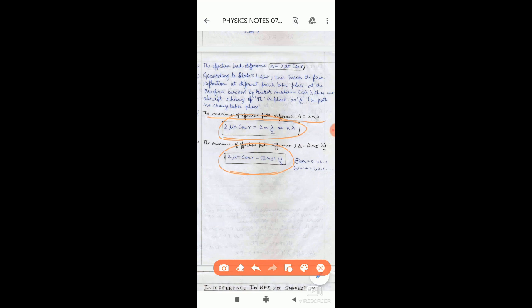Here we have discussed interference by division of amplitude using a thin film. We have got the interference using reflected light and transmitted light. In both cases, both are complementary to each other. Means the maxima in reflected light would be minima in transmitted light, and the minima in reflected light would be maxima in transmitted light. So reflected light and transmitted light in case of thin film are complementary to each other.